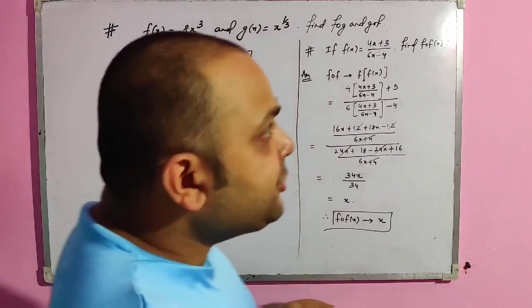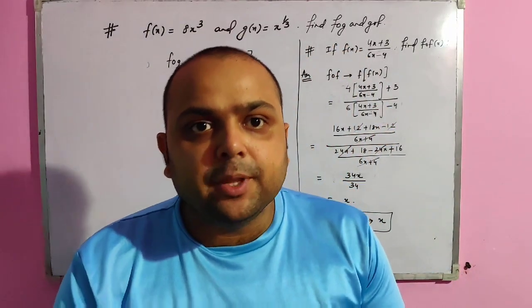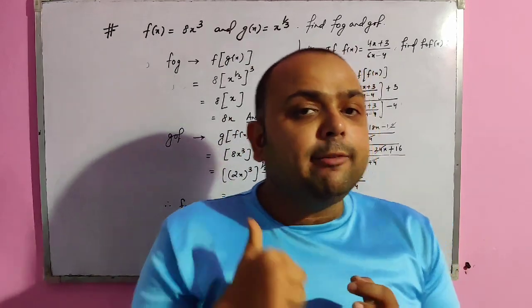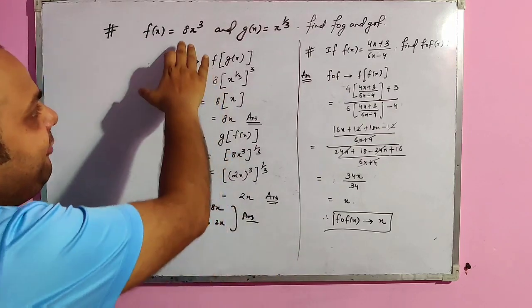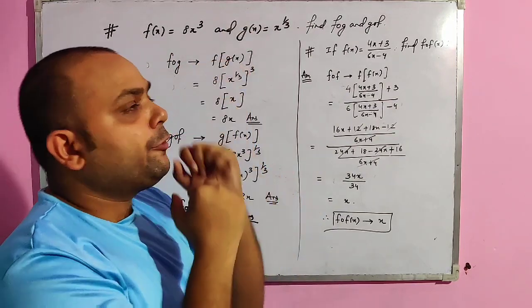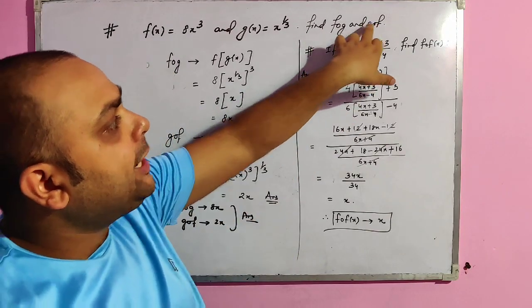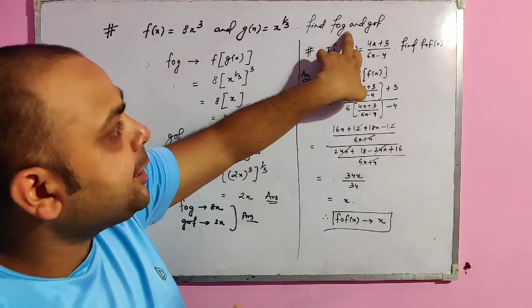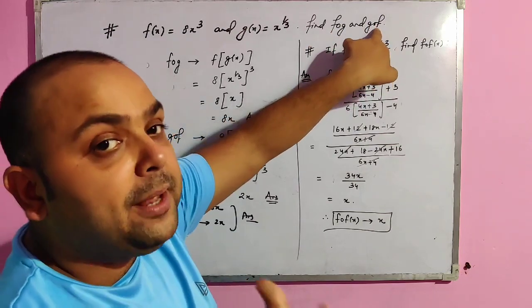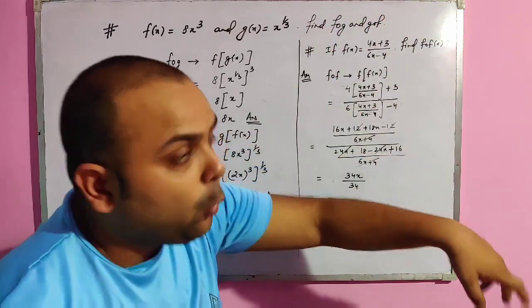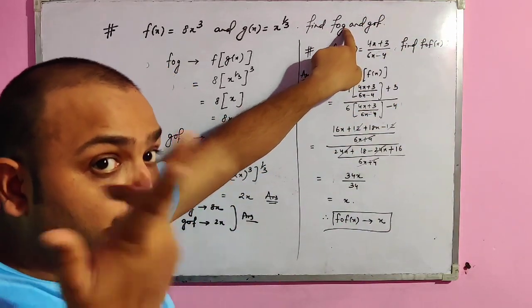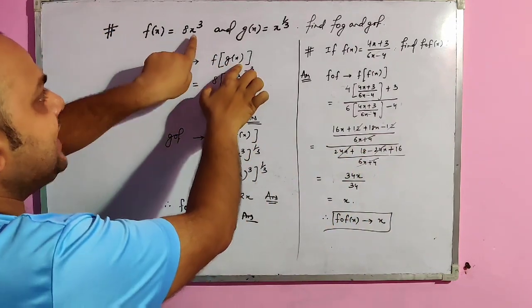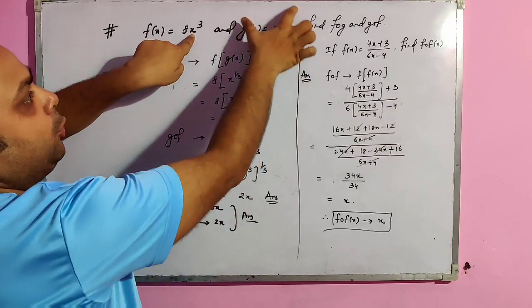Now we'll see some questions related to composition of functions in which we understand the meaning of composition. We have a problem in which we have two functions f(x) and g(x), both in terms of x, and we have to calculate fog and gof. Fog means in place of x we have to substitute g(x), and gof means in place of x we have to substitute f(x). Whatever symbol you see at the last, you have to put that value. That is, fog means f(g(x)), so in place of this x we have to substitute this complete value.